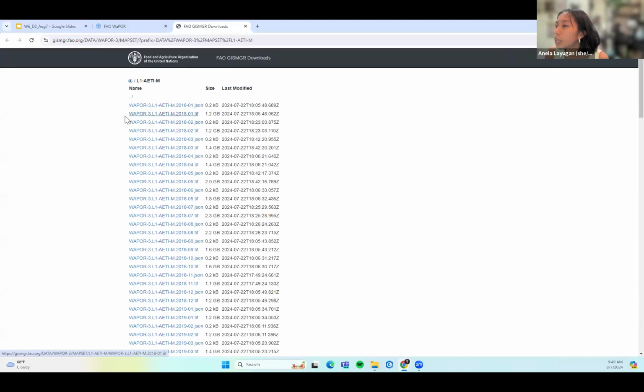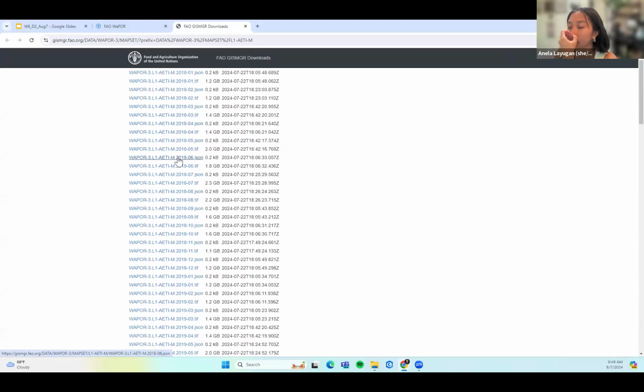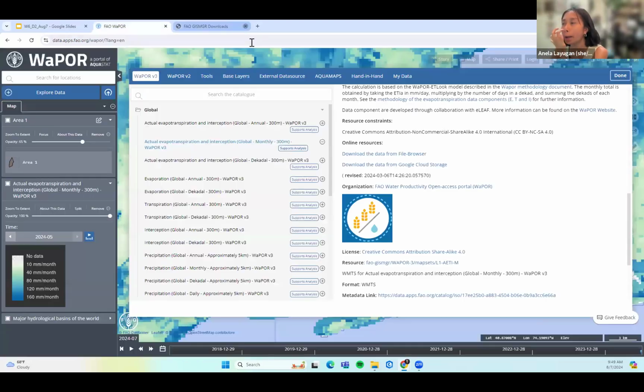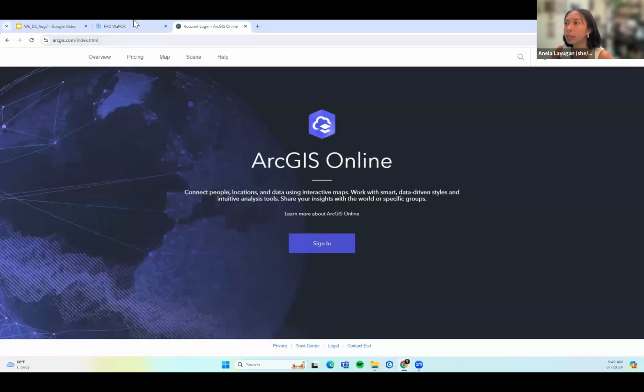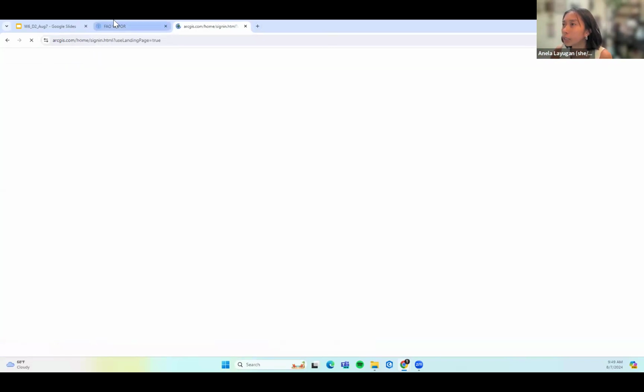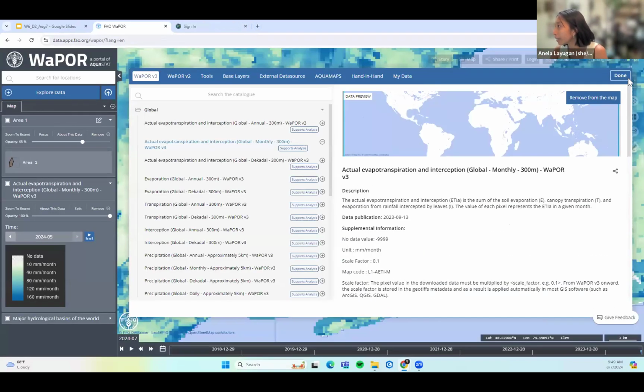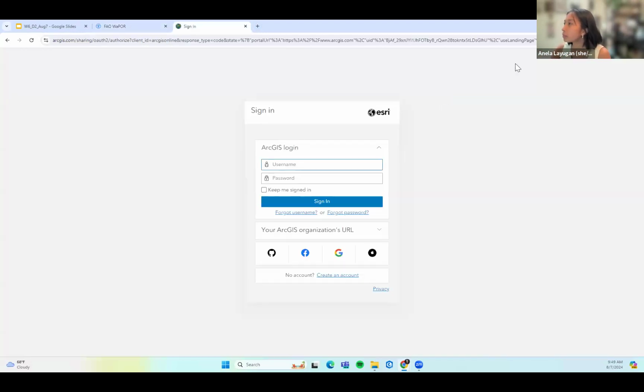And then you can see they have their own like naming convention. A lot of satellite imagery products have a specific naming convention. And at the end of this one, you can see that it's the date. So you can just scroll down to the date that you want and then download the TIFF. Once you have your TIFF file, and maybe at the end of this session, I'll tinker around with this a little bit and see if I can figure out how to do that again. But once you have your TIFF file,